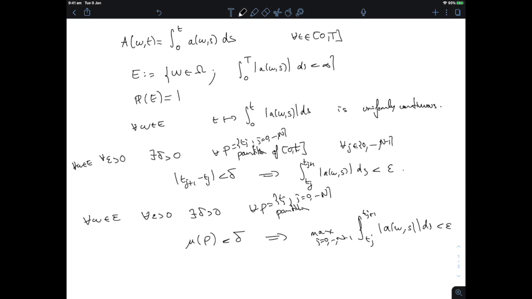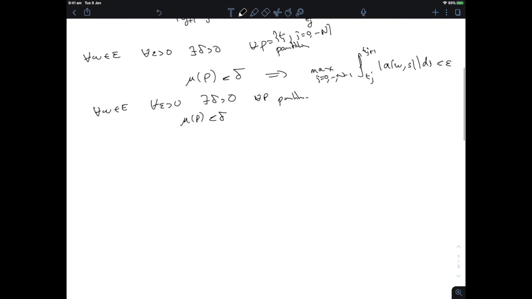But what does that tell me about the P quadratic variation? So this tells me that for every ω in E, for every epsilon, there exists a delta such that for every partition P, when the mesh size is smaller than delta, then